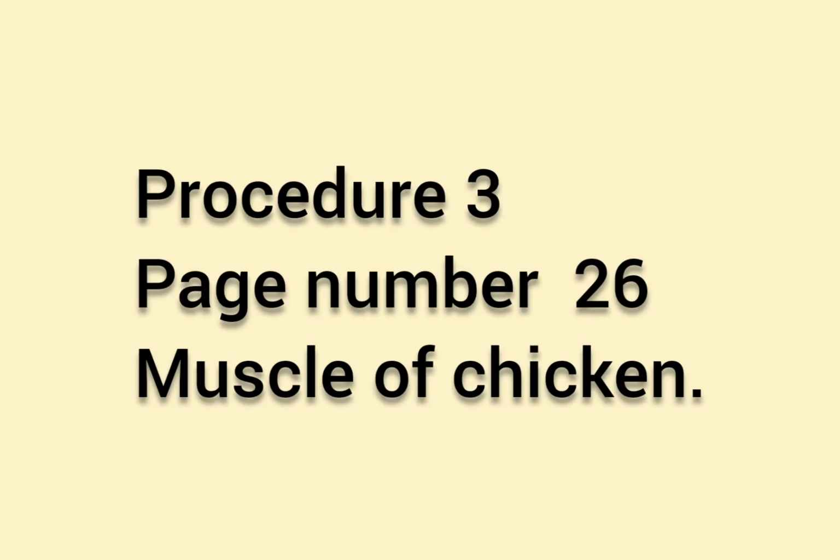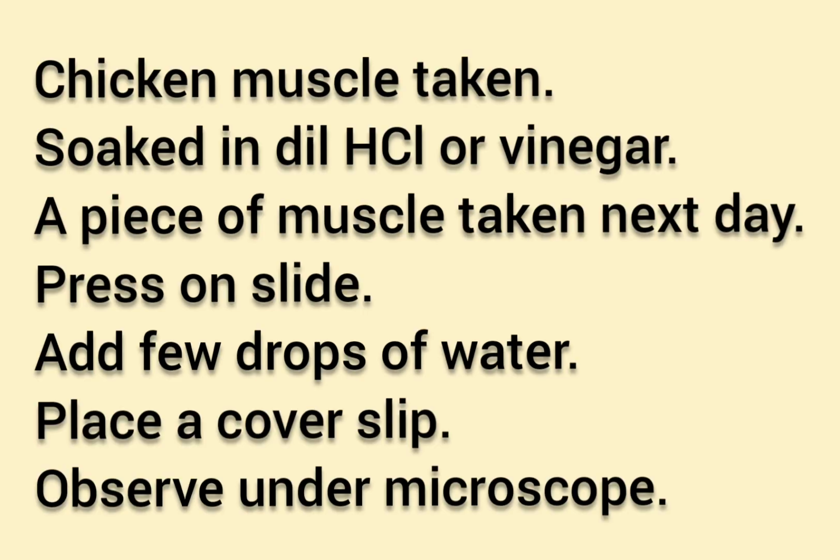Next, we will go on to procedure 3 on page number 26 because it is again related to the chicken piece. In procedure 3, a piece of muscle of the chicken is taken and it is kept in dilute HCl or vinegar and left for 2 hours. The muscle piece is collected next morning and it is kept on a slide. Few drops of water are placed and there is a cover slip placed on it, and this can be observed